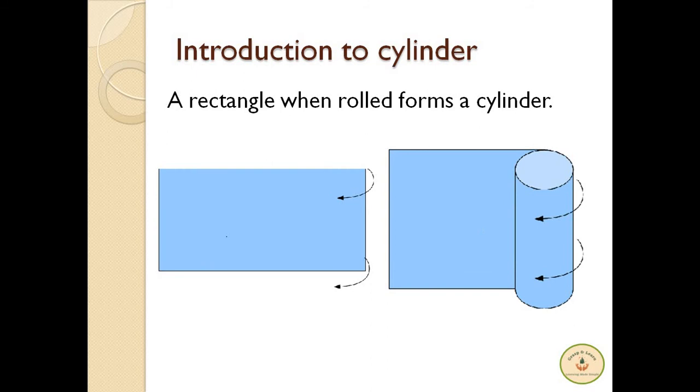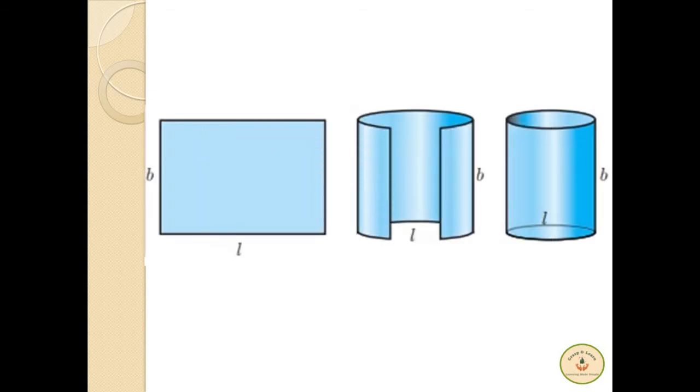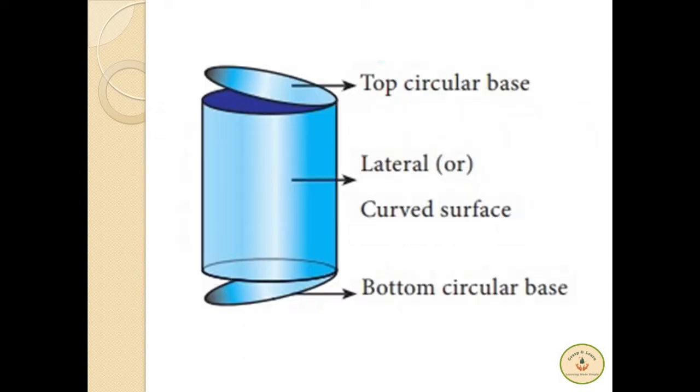Let us first understand the three-dimensional cylinder as a shape. It is obtained when a rectangle is rolled over along its length or its breadth, and it has a circular top and a circular base. We can visualize this here. A rectangle with L as its length and B as its breadth is rolled over along its length to form a cylinder. However, for a cylinder, this breadth B is termed as the height, which usually is denoted as h. So for a cylinder, we have a top and a bottom circular base and a curved surface area in between.